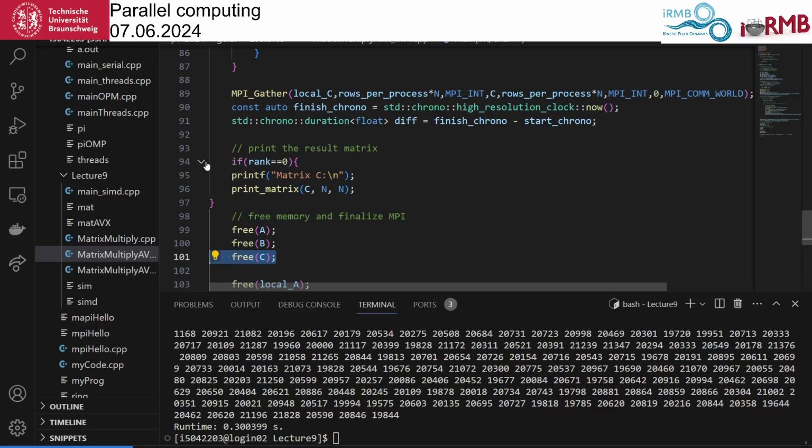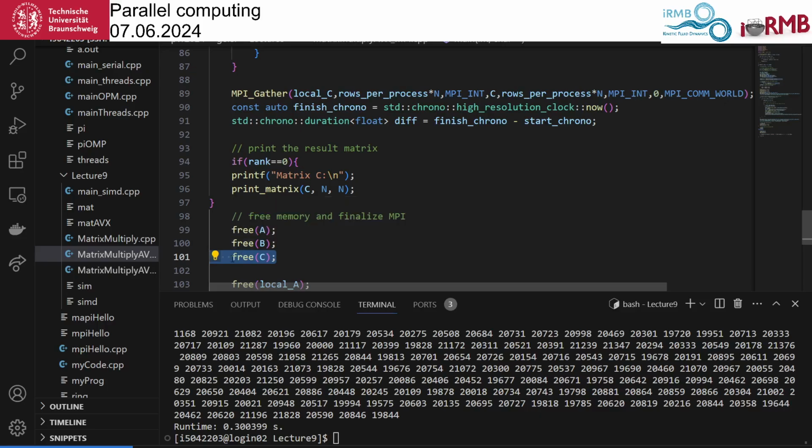This of course means that we are not allowed to free something that you have not allocated. So we also have to put this here.